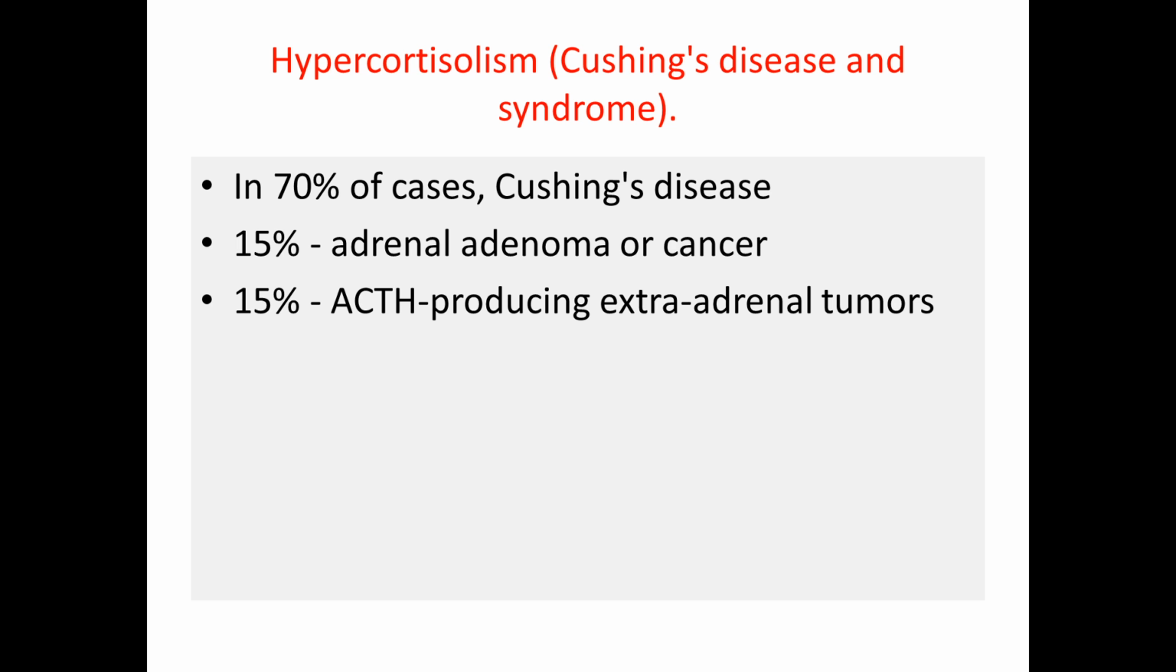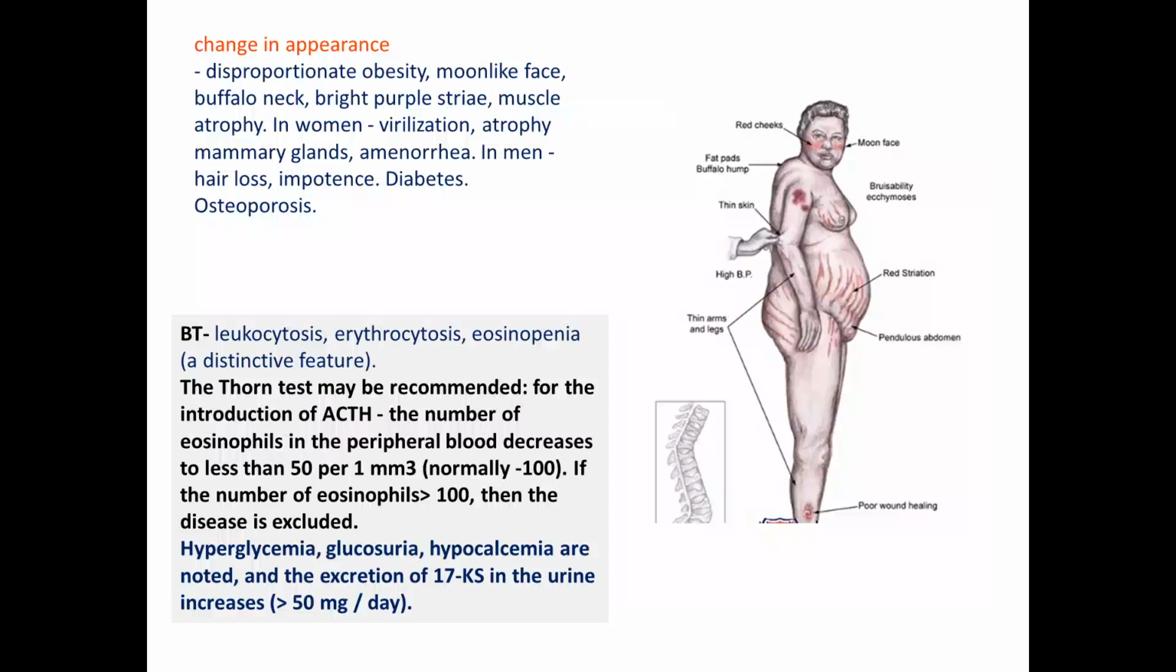or hypercortisolism. In 70% of cases of hypercortisolism it is Cushing disease, 15% adrenal adenoma or cancer, and ACTH-producing extra-adrenal tumors in 15%. We have particular clinical changes like disproportional obesity, moon-like face, buffalo neck, bright purple striations, muscle atrophy, in women virilization, atrophy of the mammary